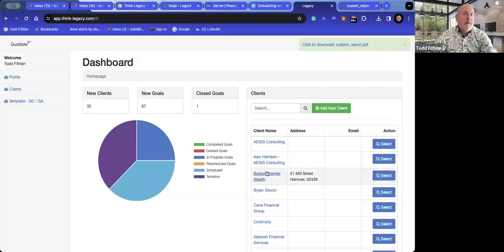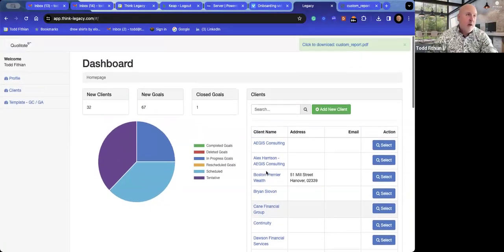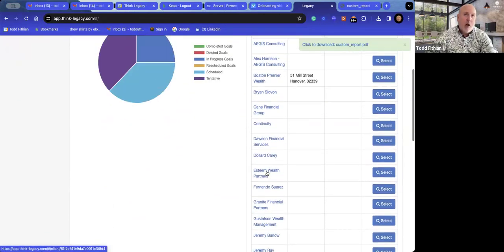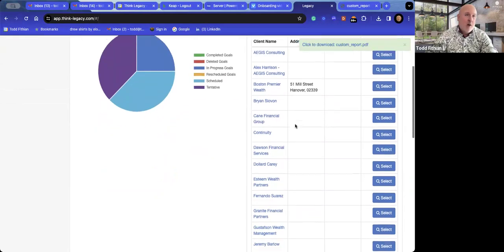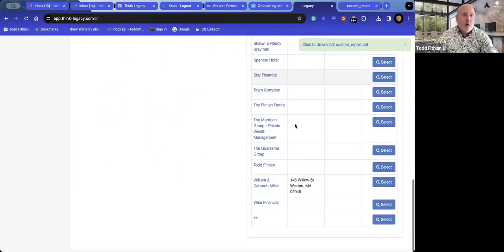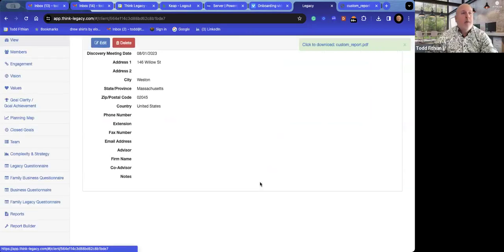And so I'm going to share my screen. I've got a couple of different things that I want to walk you through, but first we're just going to start with Qualitate. This is the screen you come into when you enter, and you'll see all your clients and can create and add new clients, whether they're business owners, individuals, or what have you. I'm going to look at the Miller family today as a test case. It's a real case, but it's one that we always show when we're showing the full capabilities